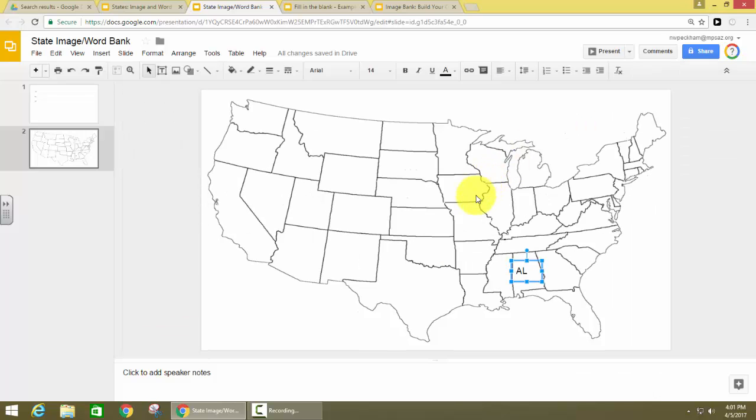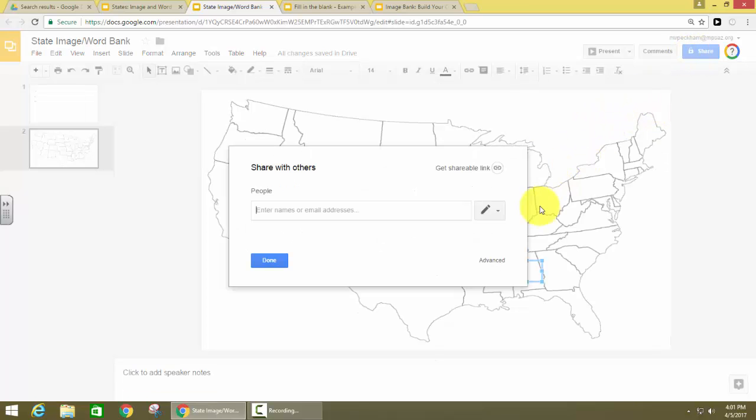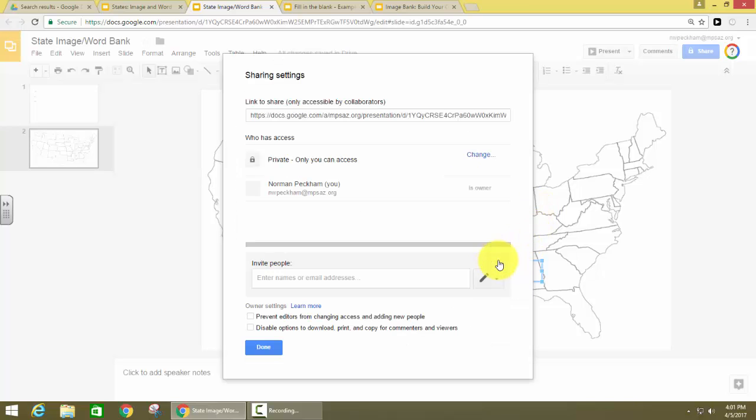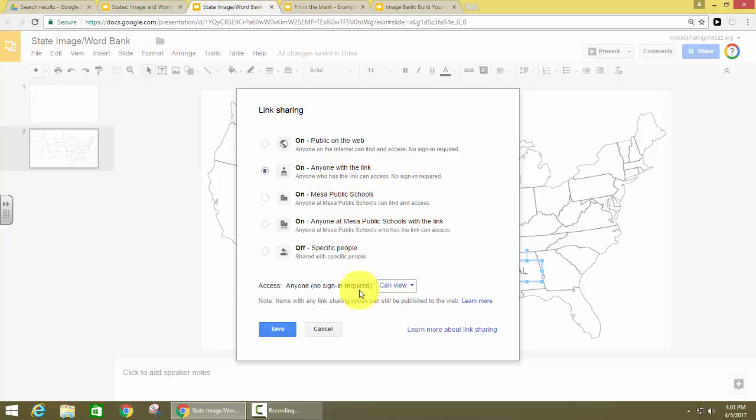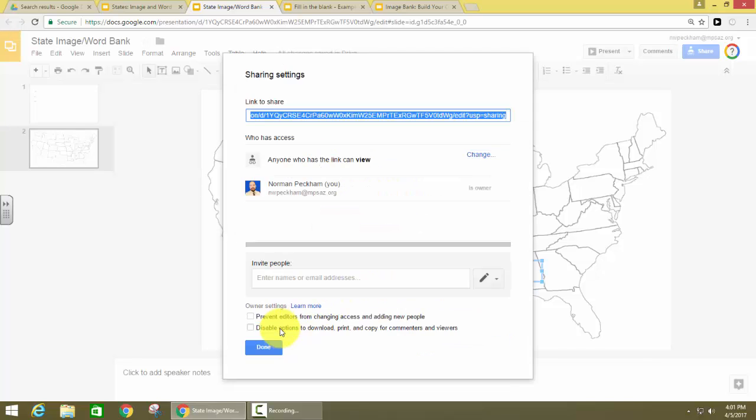Once you've created it, you're going to want your students to be able to use it. So the way they're going to use it is you have to go up to the share button, because right now it's private only to me. Go to Advanced, change it to anyone with the link, and leave it at Can View, and press Save. Then you're going to want to grab this link up here, copy it, and then paste that into your Architect web page, or you could paste it into your learning management system,